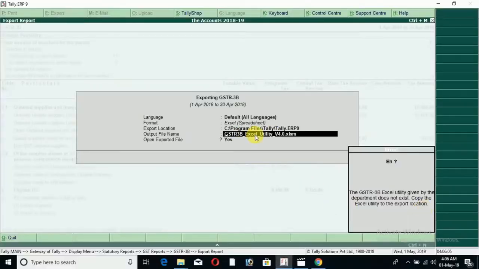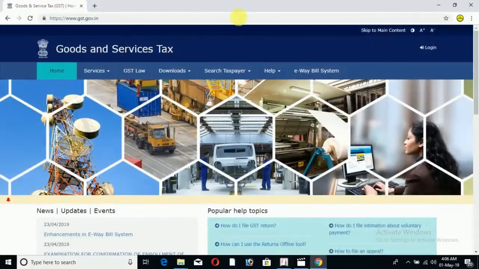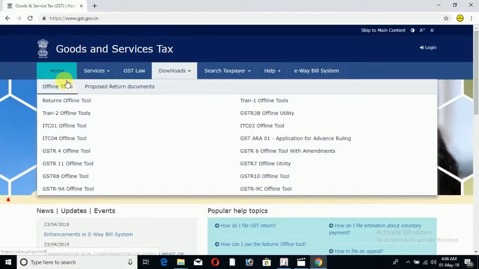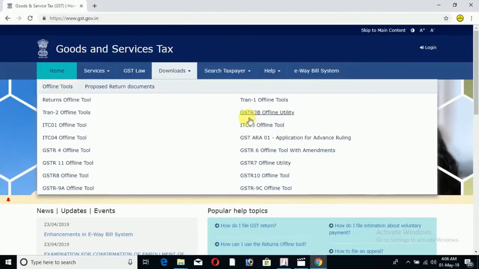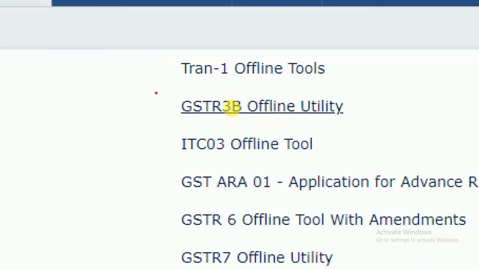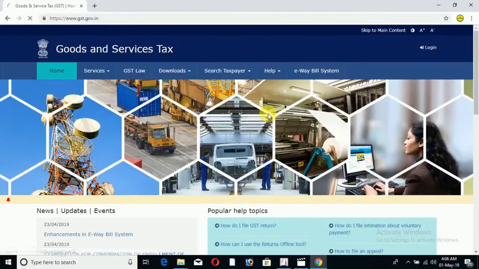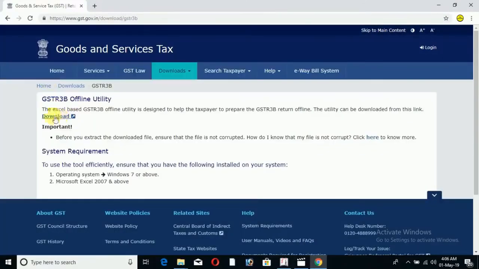So to copy Excel utility to export location, go to GST portal. Click Downloads. Choose Offline Tools. Choose GSTR3B Offline Utility. Click Download.